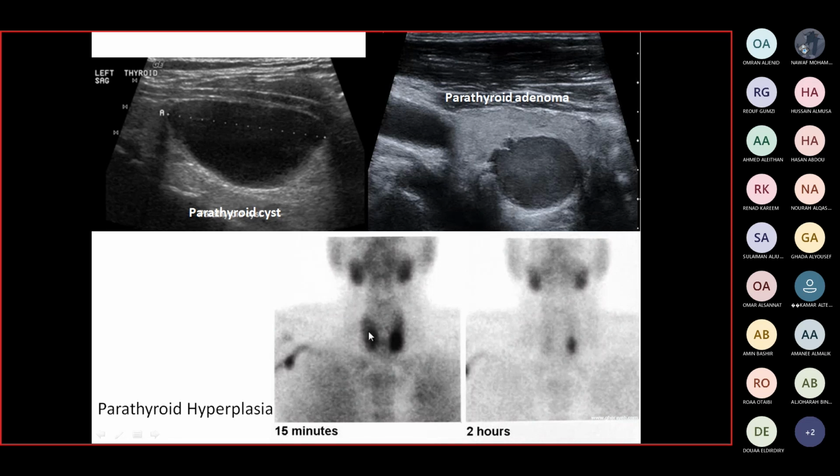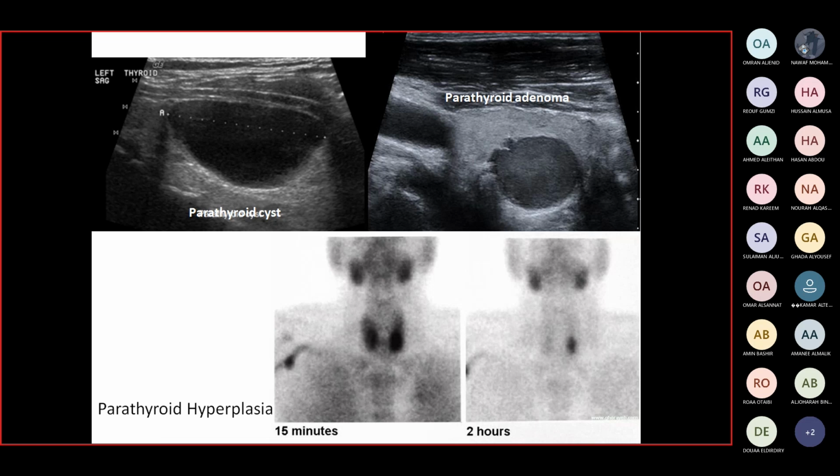What is this imaging modality? Is it a radionuclide scan or nuclear medicine? Yes, this is a nuclear medicine or radionuclide scan. This is done 15 minutes after taking the radiopharmaceutical. This is the area of the thyroid and parathyroid gland, and this is also imaging of the